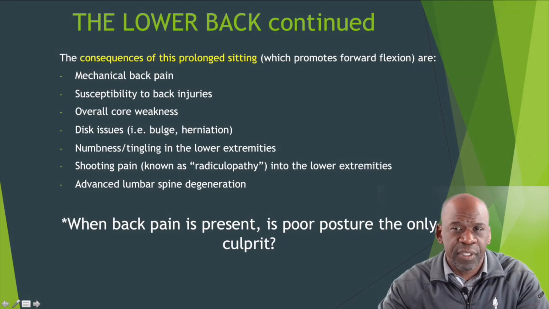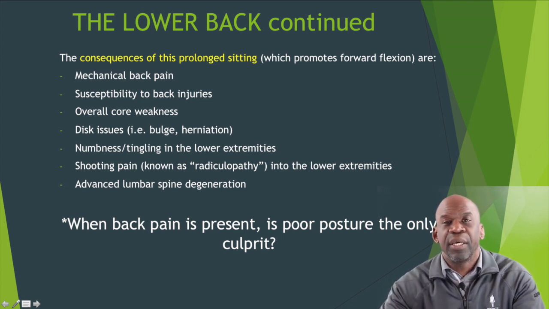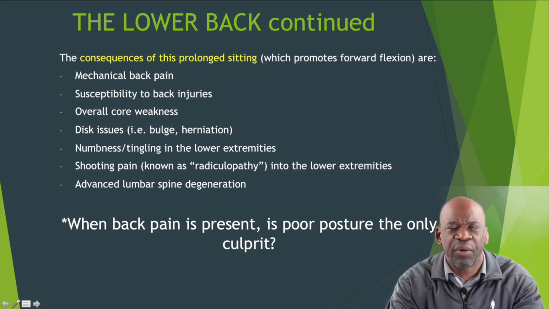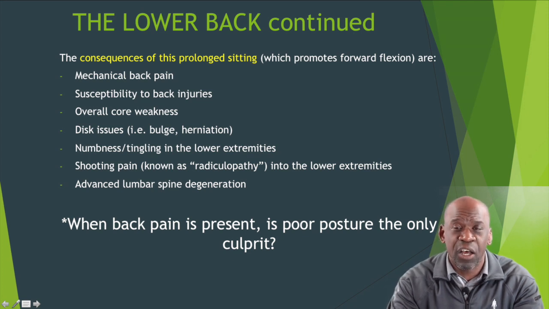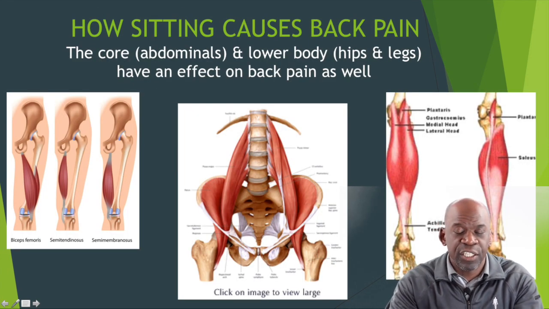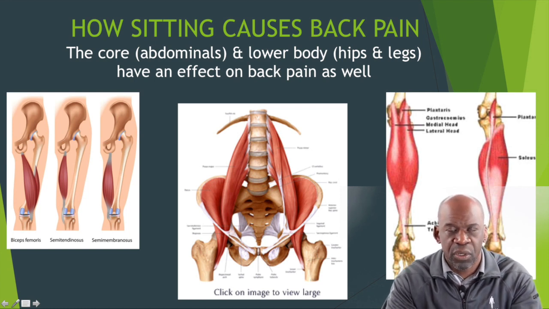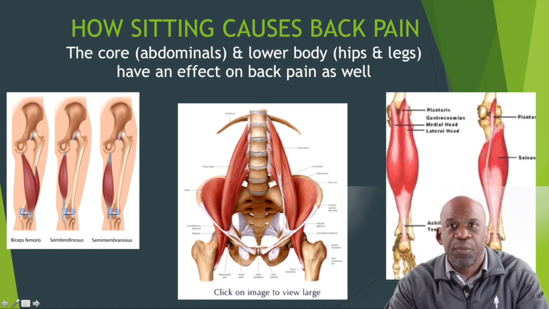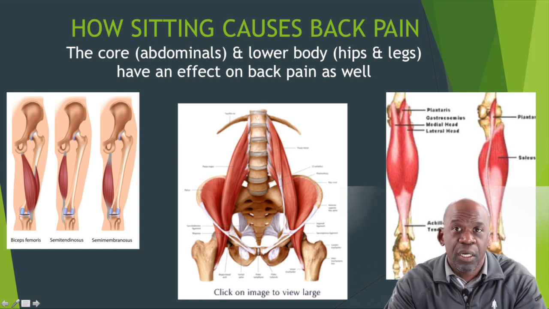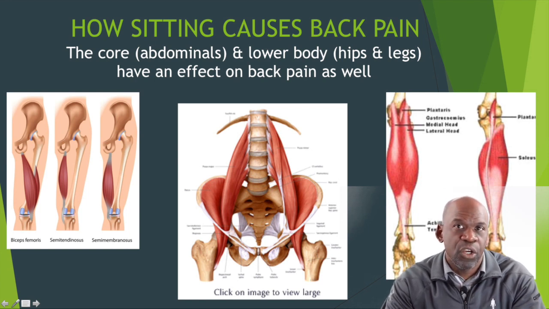Again, here I've listed a number of the potential musculoskeletal problems localized to the low back that are associated with prolonged sitting. It's important to ask whether these effects are related to the low back itself, or are there any other contributors to this problem. Interestingly enough, it is not just the muscles in and around the low back that contribute to the problems associated with prolonged sitting. There are other muscle groups in the lower extremity which play a role in the presentation of pain symptoms in the low back and which contribute to the problems associated with prolonged sitting and poor posture.